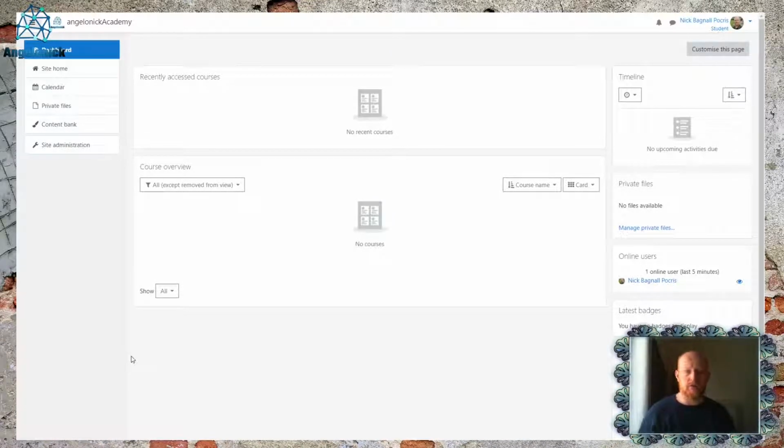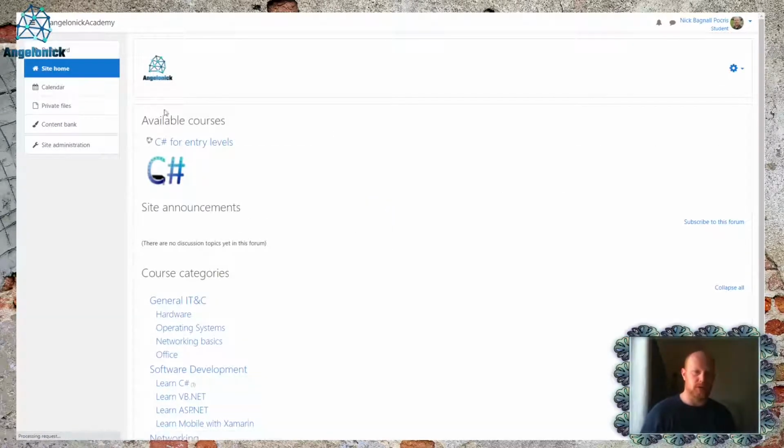And of course we are now inside the portal. We have the dashboard, site home, and so on. Basically here you will see what you have to learn. In site home you can also see what courses are available. In this case, C# for entry levels is available, for example.